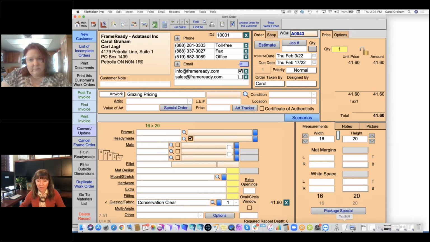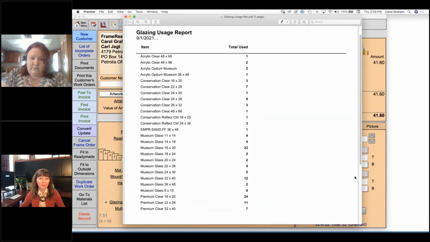But I'm going to show you what that report looks like, and I've made a little copy of it here so that I can make it larger on the screen. The value of this report is that it's going to tell you based on those glass sizes that were determined up on the top of the screen. So even if I don't order a 24 by 30, that's fine. It's going to go into the 24 by 36 count, telling me that I've got about 10 of those that